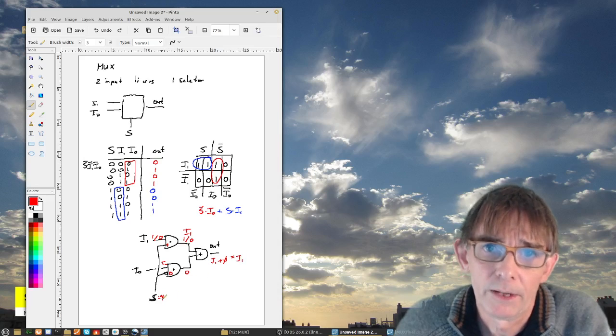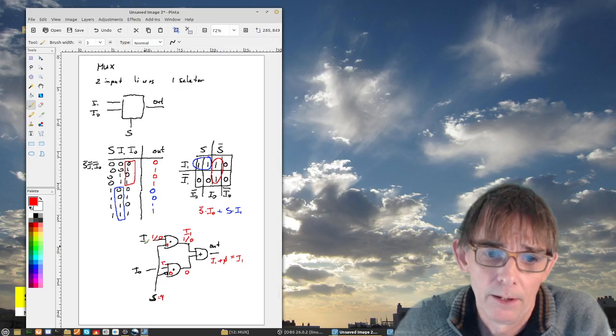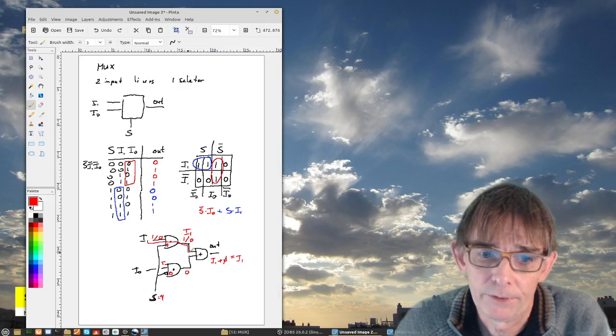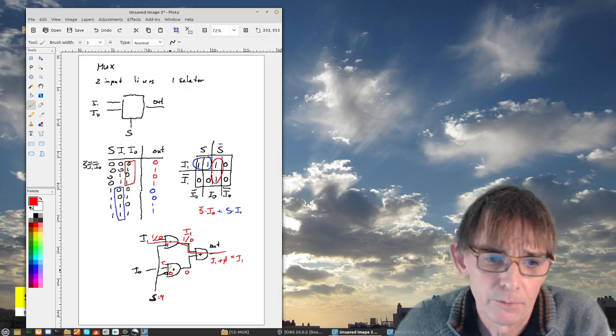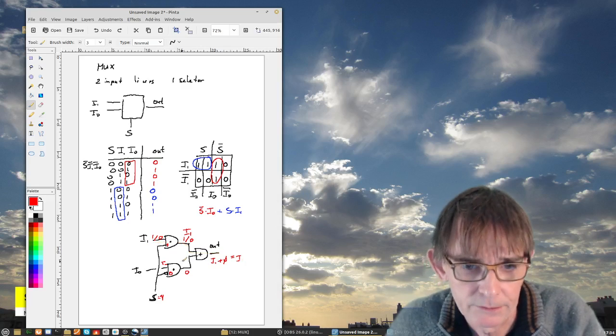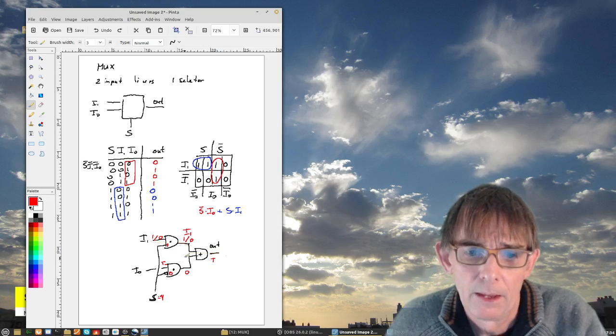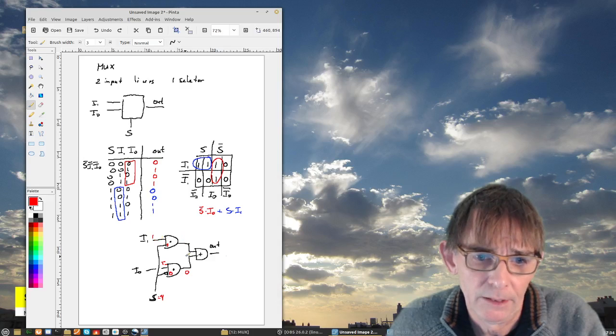Because I selected here with s equals 1, I put 1. It means that we have a path here that goes I1 and appears on the exit. And the same you could do, let me erase all this red stuff, the same you could do if you